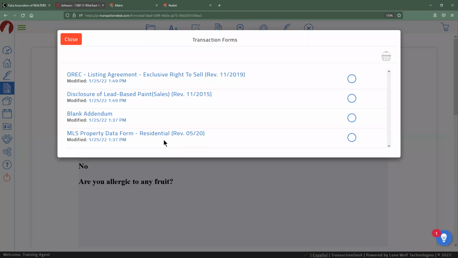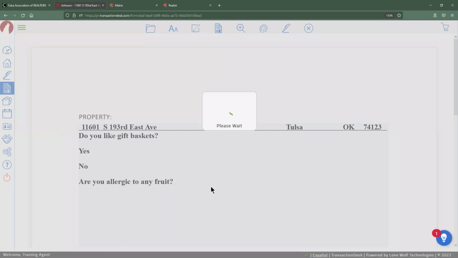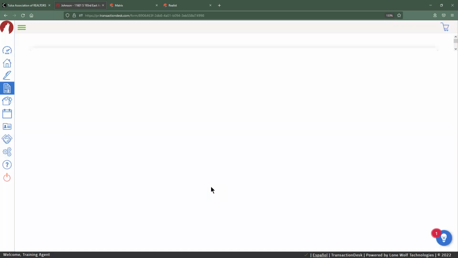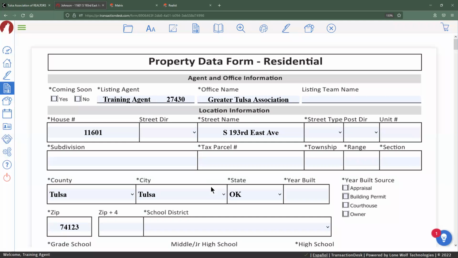So what this is, is the property data form that you guys have to fill out whenever you first add a listing into our system. This is going to ask you for any of the details about the property in advance of actually filling that information in Matrix. This way you guys don't end up forgetting any of the steps along the way or any of the details that you need to fill out.